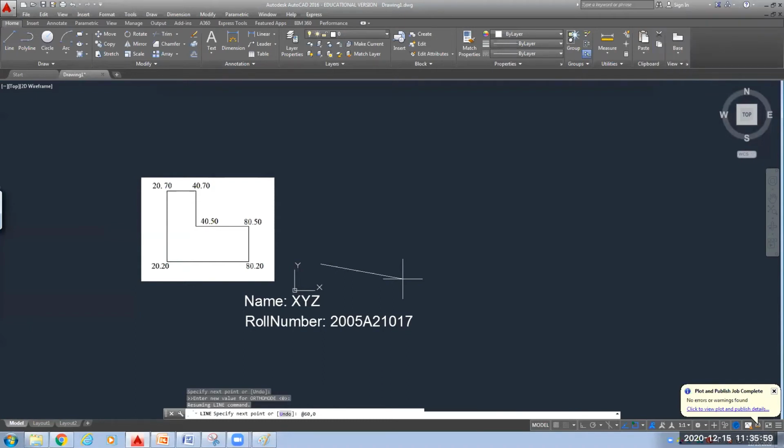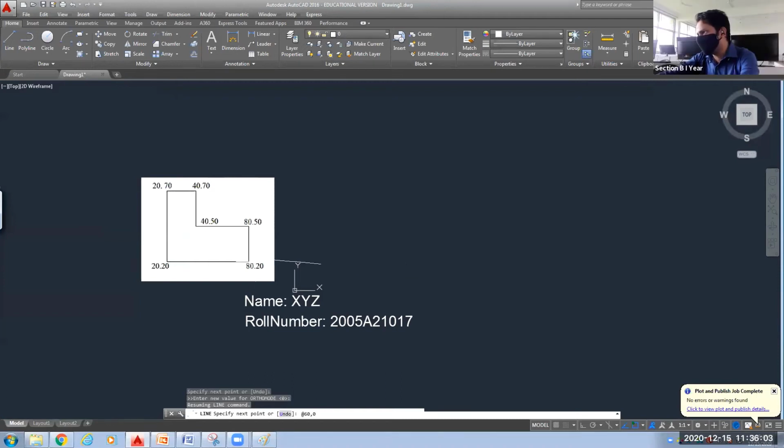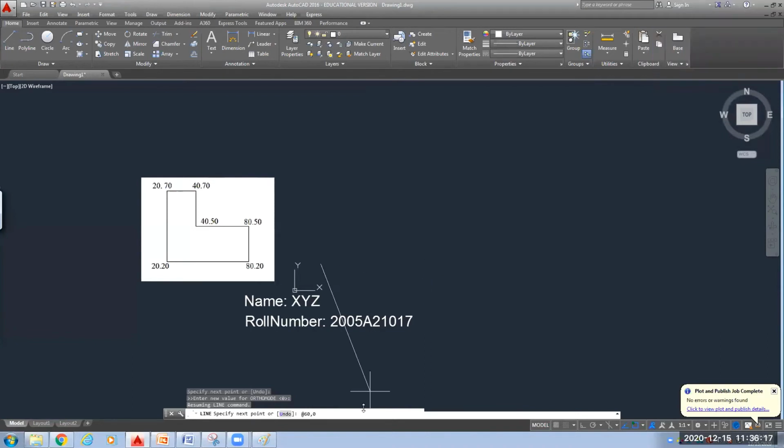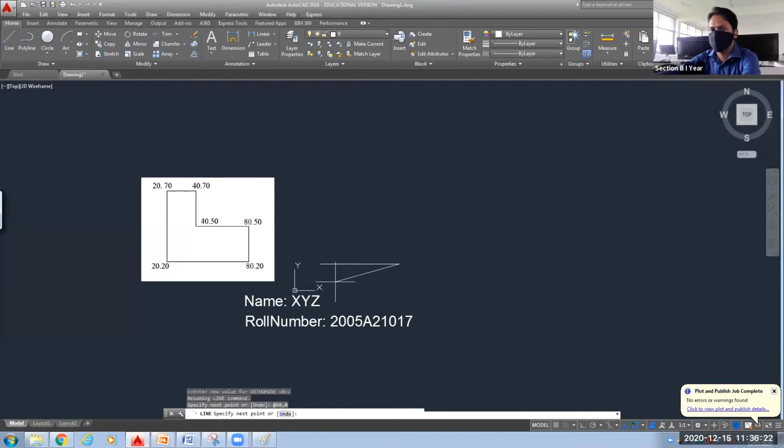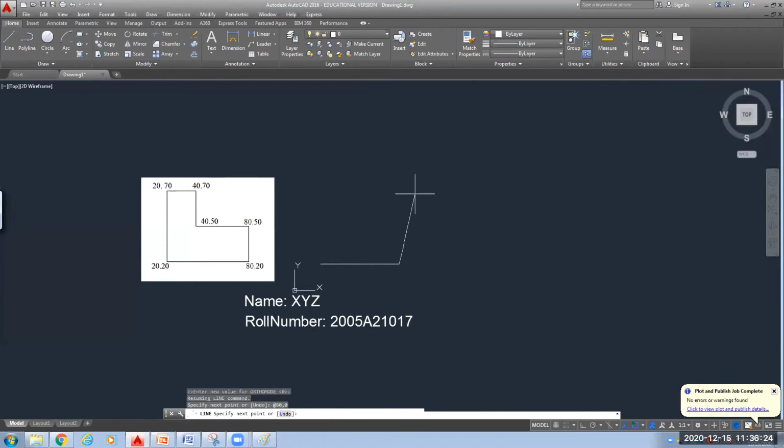Okay. So as you can see here in this figure, in the x direction for this point number 2, 80 minus 20, that is 60. 20 minus 20 will give you 0. So I have written at the rate 60, 0. Now you can press enter. See, the next point is coming here. Do not forget to press at the rate, because that is giving you the significance that you are working in the relative coordinate system.